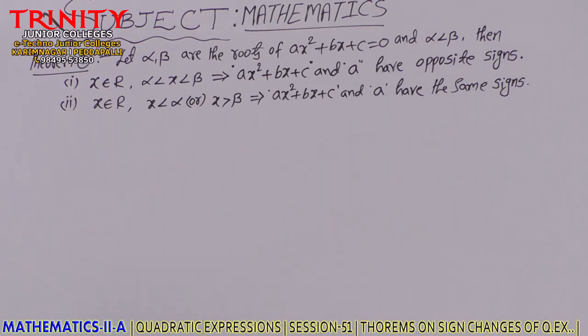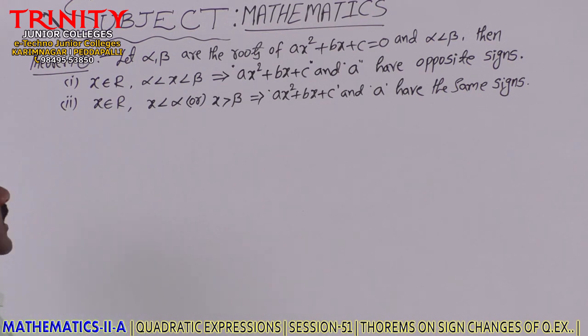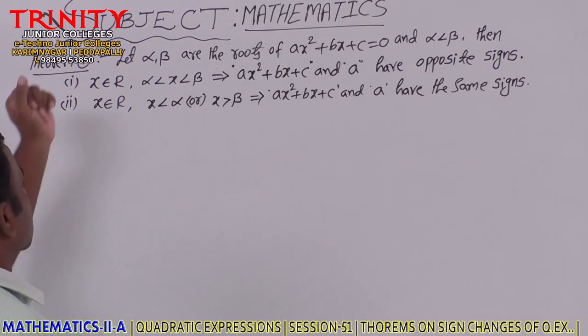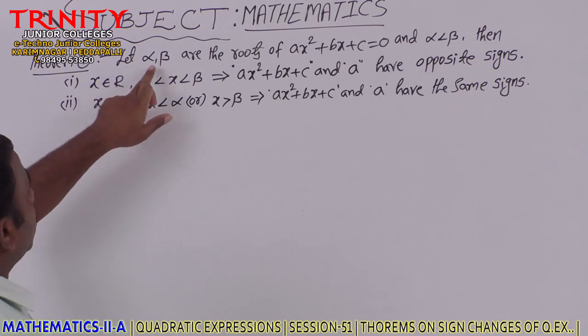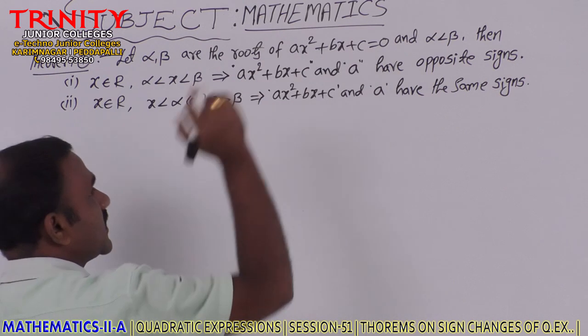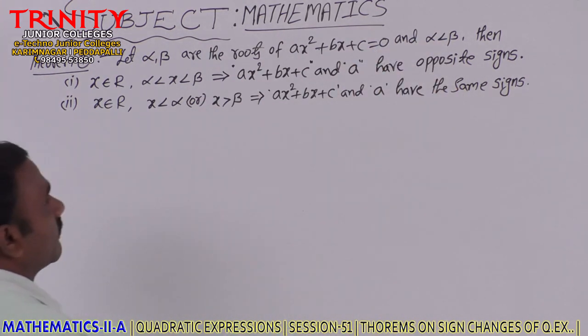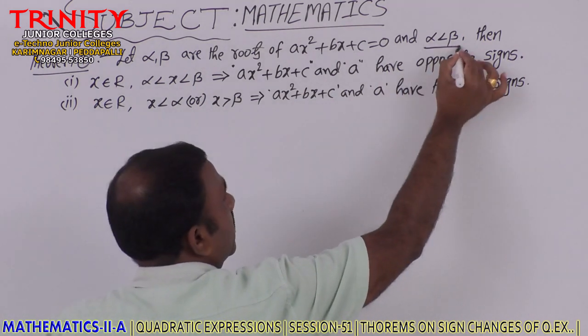Then what are the values of x? Now we'll see one theorem. What is that? See here. Let alpha, beta be the roots of ax square plus bx plus c equal to 0, where alpha is less than beta, then